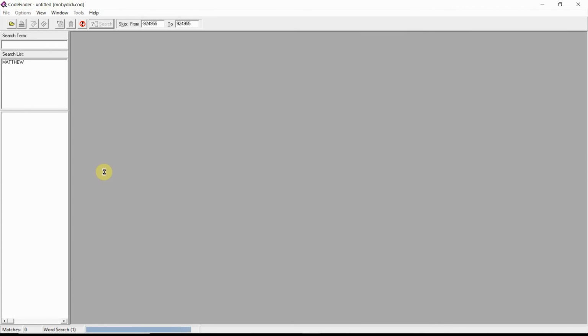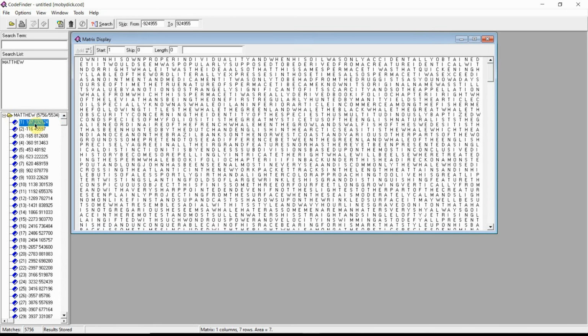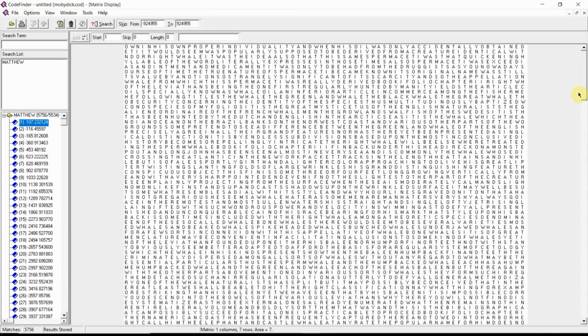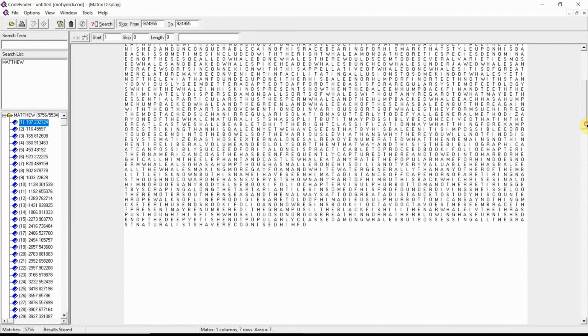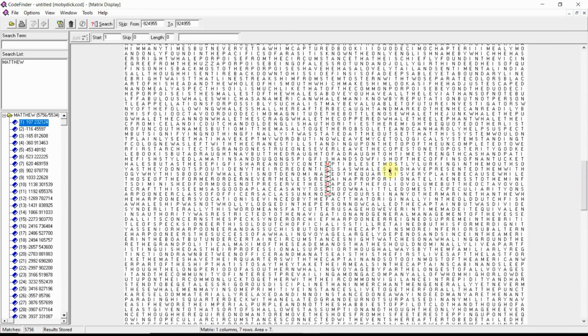I have never searched Moby Dick, so this is my first time doing it. Yeah, it came up quite a few times. So the smallest one is at 107 skip. So there I am on Moby Dick, and I don't have to translate any of this because I can read English.